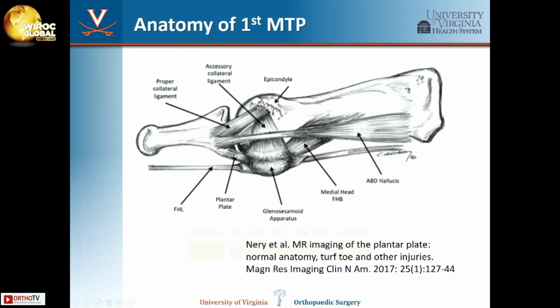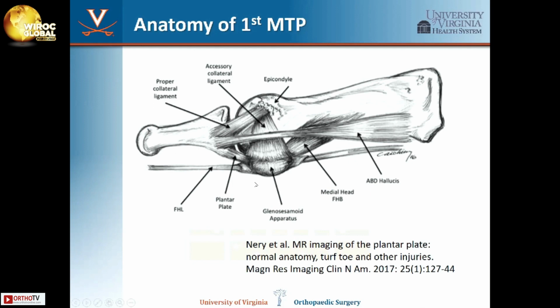I always think of it as including the tendinous portion as well as the ligamentous portion and the plantar plate between the hallux sesamoids and the proximal phalanx. It's responsible for some sagittal plane stability, as well as involved in the plantar flexion aspect of that joint. You can see here, here's the FHB, here's the sesamoid, and here would be the plantar plate tissue, the FHL